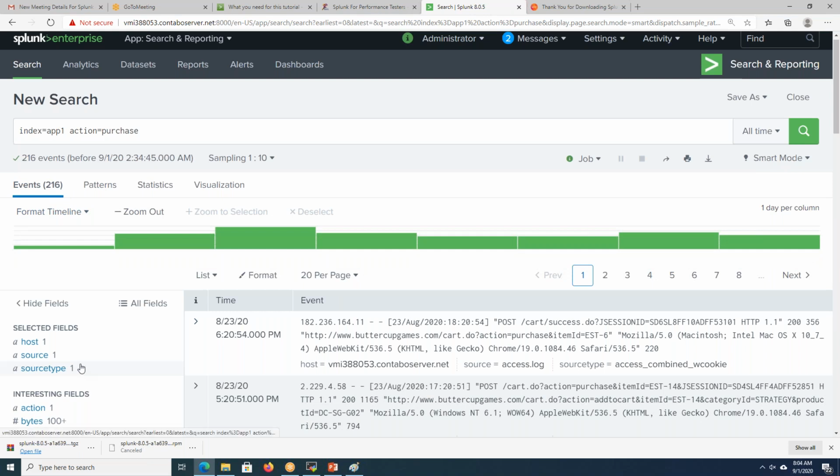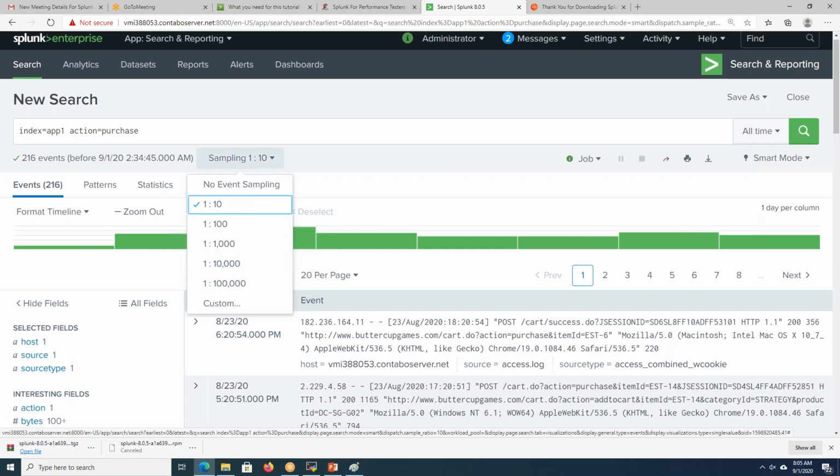Whenever they analyze system trends with millions of records, they want to take one record out of every 10,000 or 1 lakh transactions.